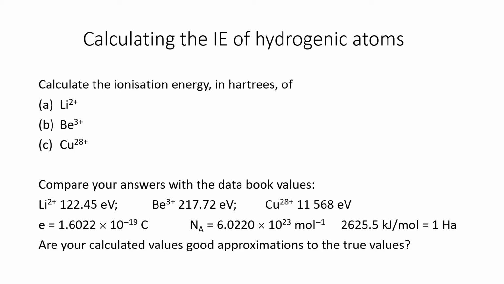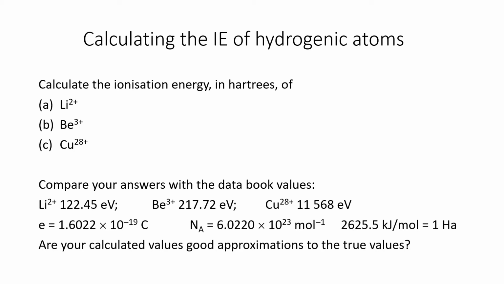And so a bit lower down I've got the actual data that I looked up, and these are in that electron volt unit. The constants beneath here show you how to convert the electron volts into the Hartree. So obviously a volt is defined as a joule per coulomb of charge. The e there is the fundamental unit of charge, that very small number times 10 to the minus 19. Then we've got the Avogadro constant to convert it into a molar quantity, and then to convert kilojoules per mole into Hartree, the atomic unit, we're dividing traditionally by 2625.5. So using those constants for the conversions,